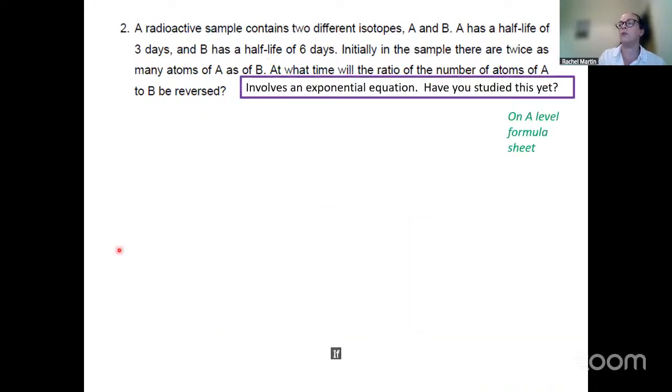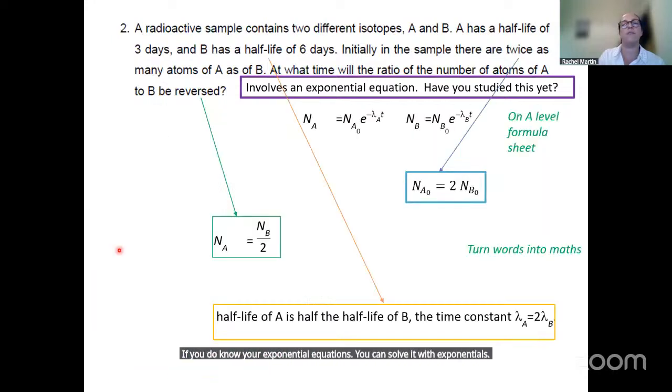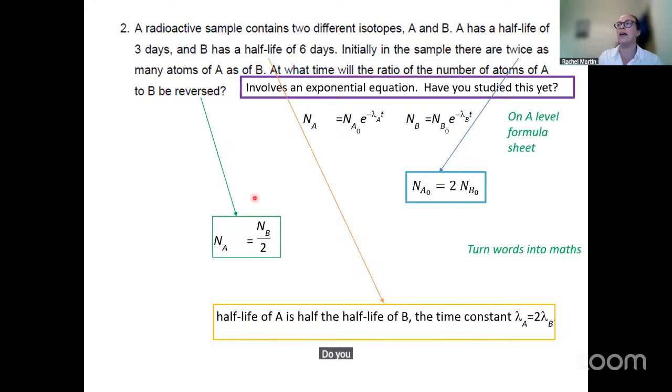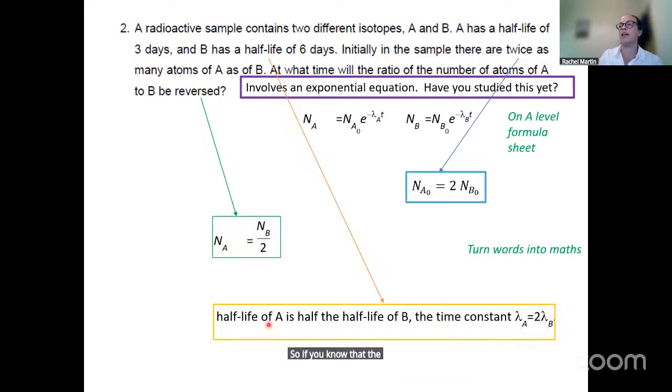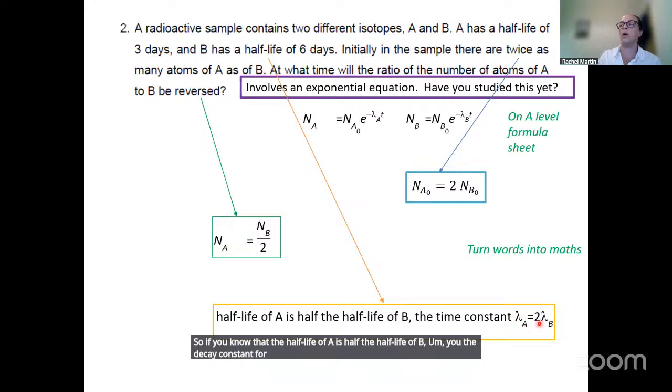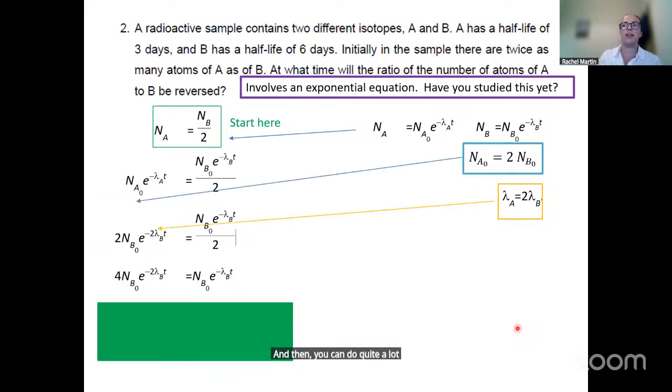If you do know your exponential equations, you can solve it with exponentials. But if you've never seen these, don't worry at all. You don't need to. But there are equations that you use at A-level physics involving exponentials and something called a time constant. So if you know that the half-life of A is half the half-life of B, you know that the decay constant for A will be twice the decay constant for B. And then you can do quite a lot of problem solving. I think I'll just show it really quickly,